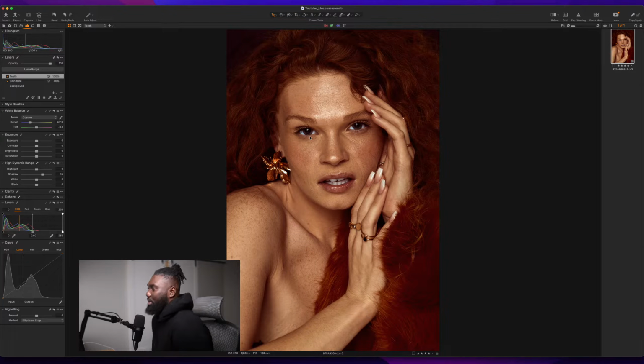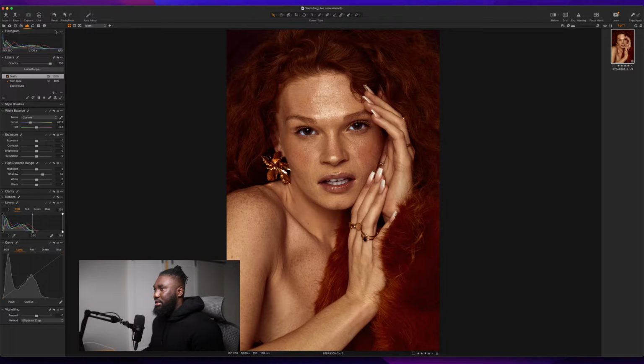Like I said, Capture One is very intuitive. There's one last thing I'd like to talk about. I don't know how long I've been on for, but I said I was not going to be on too long with Capture One, because this is just the basics. This is just understanding the basics of Capture One and letting you guys know that it's not that difficult to use. All you have to do is import your image into Capture One, and then you have all the tabs that you need on your left to work with, and you can select your images on your right,